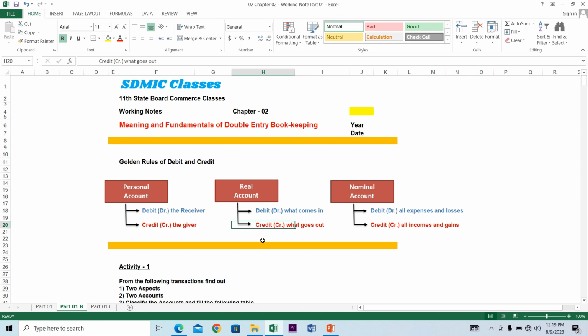Same way, suppose the purchase is on credit, on udhari pe hai, okay, the money has not been paid immediately. So what will happen? Purchase account is a nominal account. In purchase, debit all expenditure. Debit purchase and expenditure, so debit all expenses and losses, and credit means if it is a